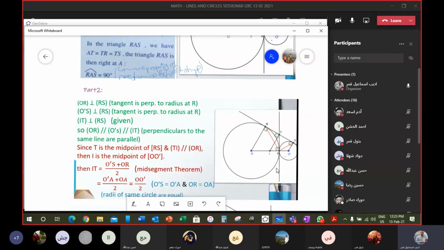نحن قلنا بتقول ال mid-segment theorem بtrapezoid: the line segment joining the two midpoints of the two non-parallel sides is parallel to the bases and equal to half their sum. هلا الكونفرس تبعولا: through the midpoint of one of the non-parallel sides, the parallel drawn to the bases cuts the other non-parallel side or the other leg at its midpoint. يعني صارت هلا ال I كمان ال midpoint لشو؟ لل OO prime. هيها مكتوبة هون since T is the midpoint of RS and TI is parallel OR, then I is the midpoint of OO prime. اوكي هيدي بدي اكتب على جنبها